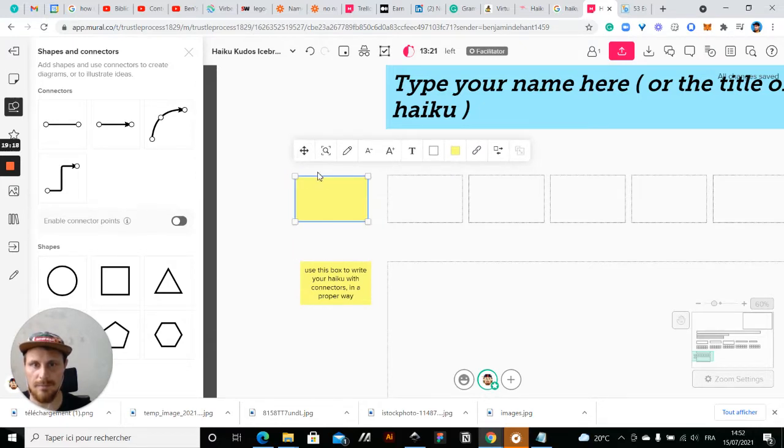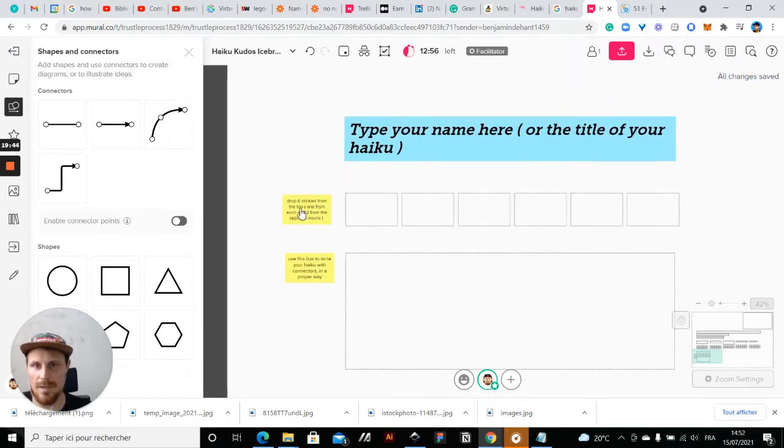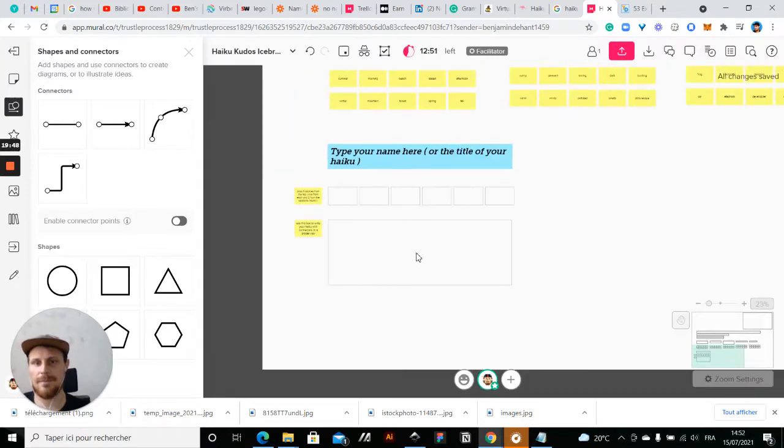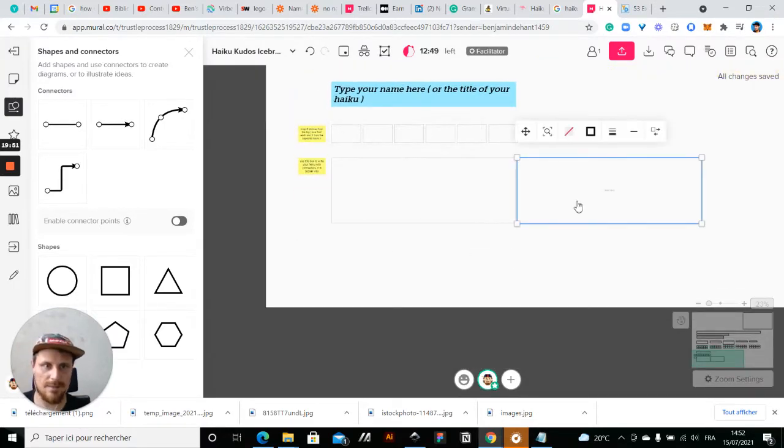So let's say use this box to write your haiku with connectors in a proper way. And now let's say here, drop 6 stickies from the top, 1 from each and 2 from the opposite noun. It can be clear like that. Now you write it better, and then you say the last space